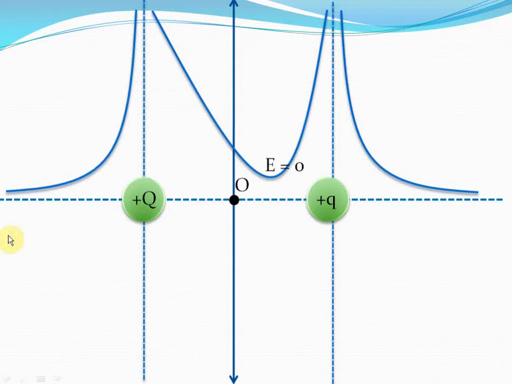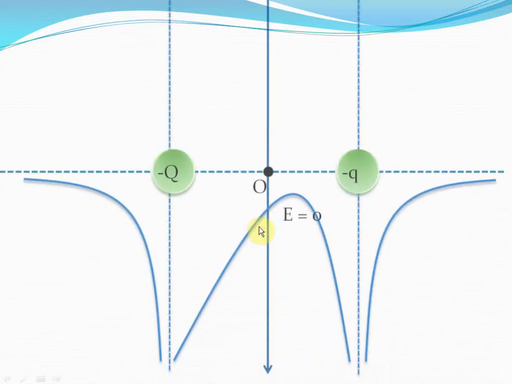The minimum potential, as you can see here, will be obtained somewhere near the smaller charge, and the point where the potential will be minimum will also be the point where the electric field due to both the charges will be zero. Remember, dV by dr is equal to electric field. So where dV by dr is zero, or the potential is minimum, that's the point where the electric field is zero. Again, you don't need to remember exactly the graph that's there in this case. You don't need to remember the exact formulae of the potential. Just use simple logic, understand what's happening, and you'll grasp enough concepts to clear IIT JEE.